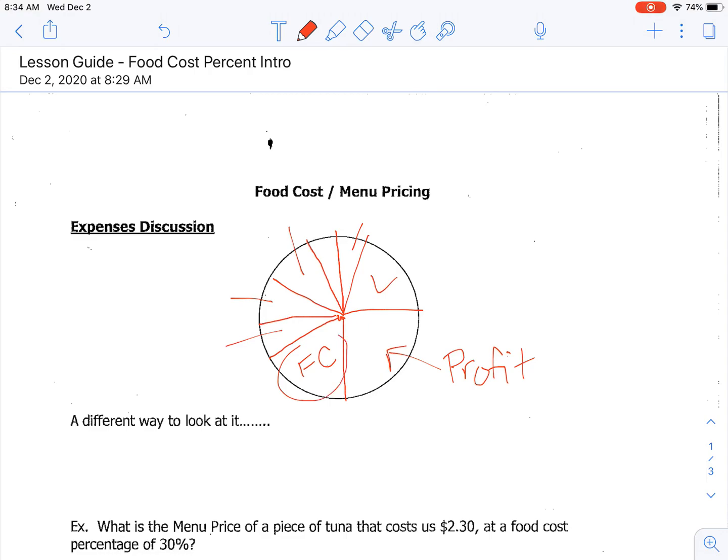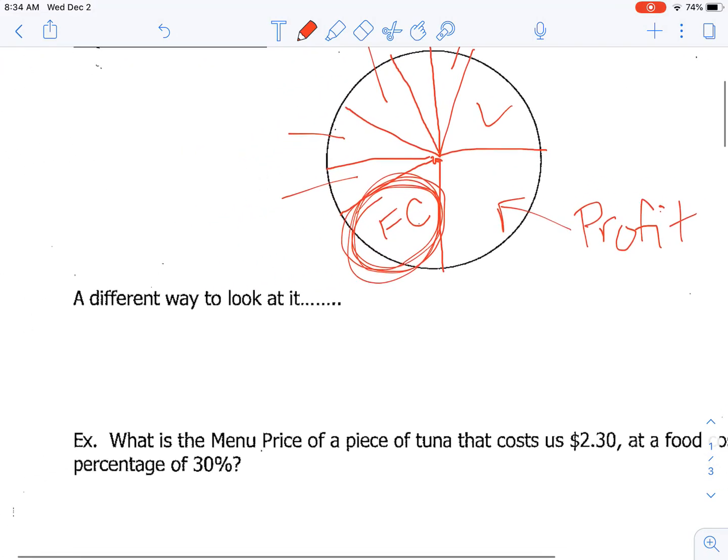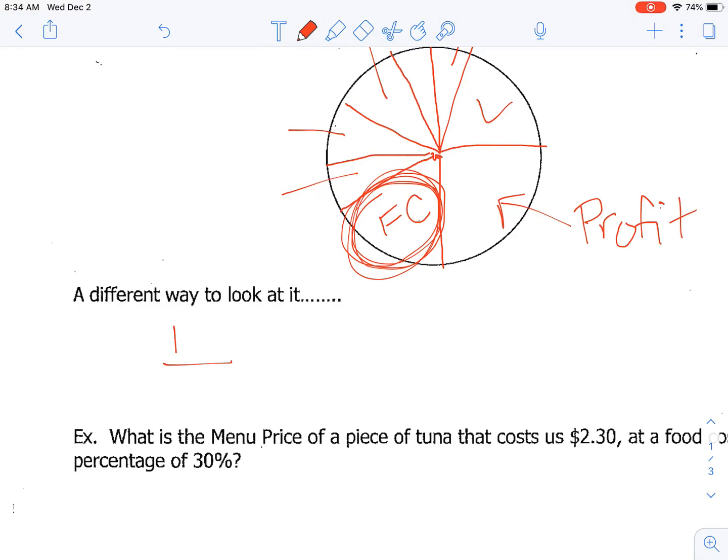This food cost is the only thing that we actually have a little bit of control with. We can't really control how much electricity costs or how much water costs or how much insurance would cost. We don't really have a lot of control over those, but we can manipulate the price that our food costs us to make. We have a formula that is similar to our yield percent formula: the food cost percentage over 100 is equal to the food cost